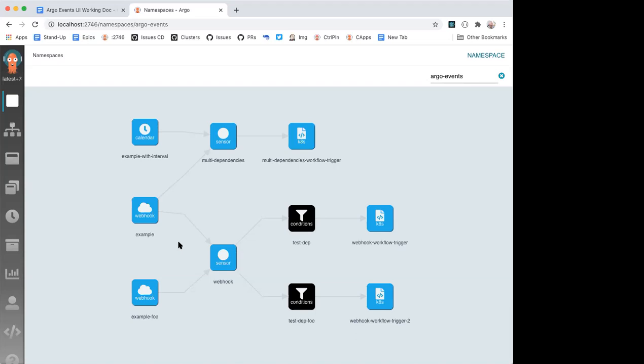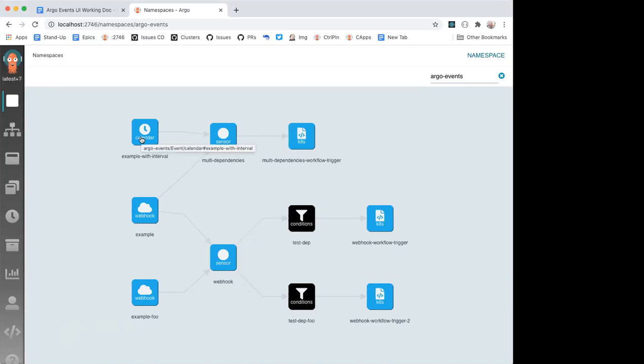The converse is not true for sensors. What I wanted to do was show the relationship between the event source and the trigger. On the right-hand side, you can see that I've got three triggers here. And these are all, and I hope the iconography is clear, or you can suggest improvements if you want to.